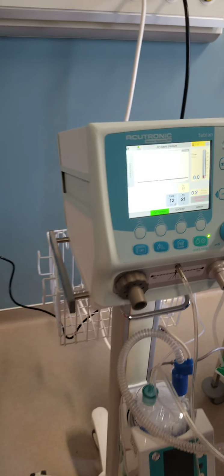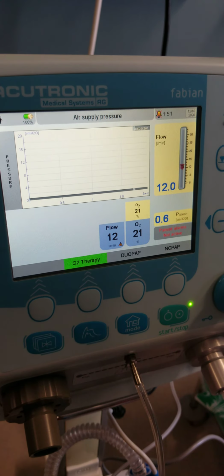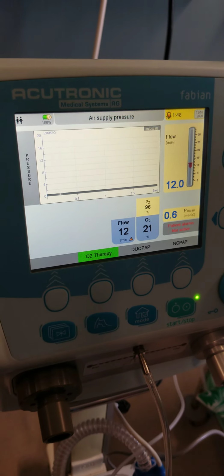You will notice the oxygen calibration is automatic, so there is no separate step you have to do to calibrate the oxygen.